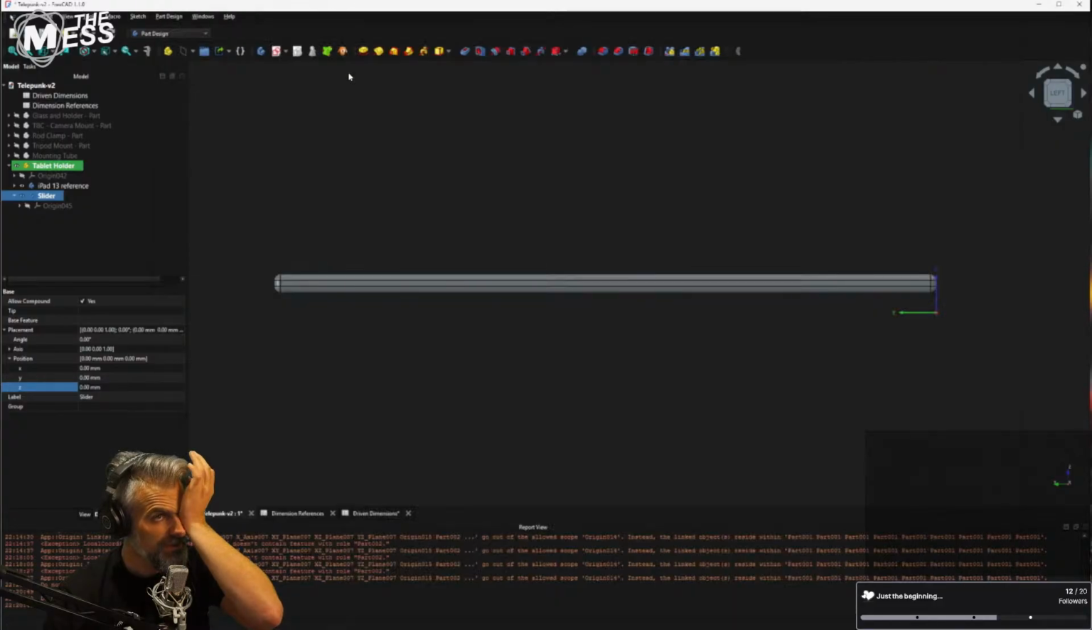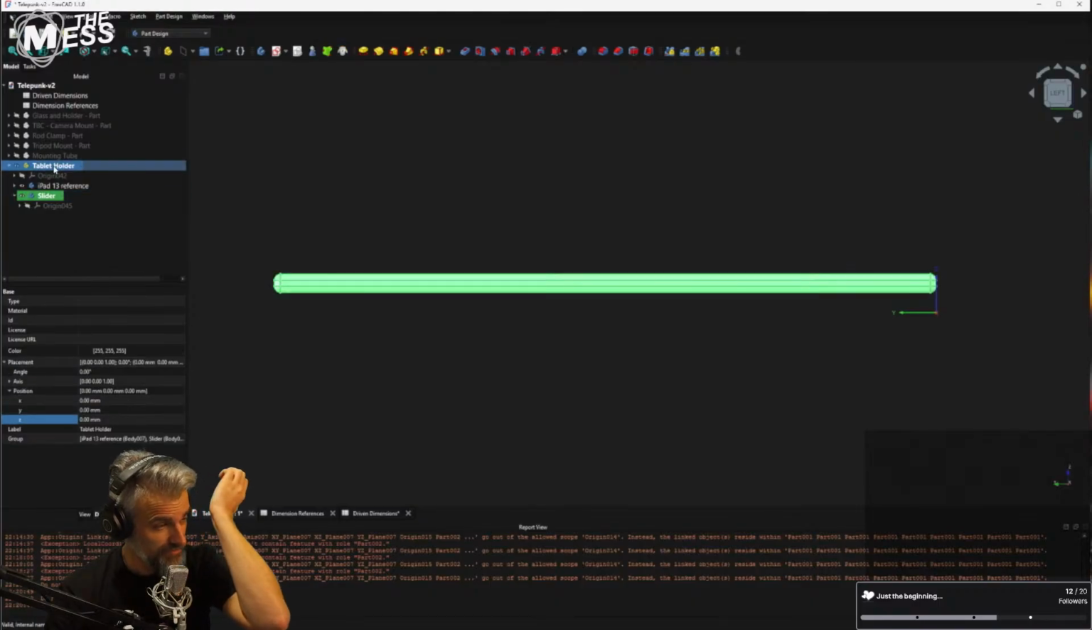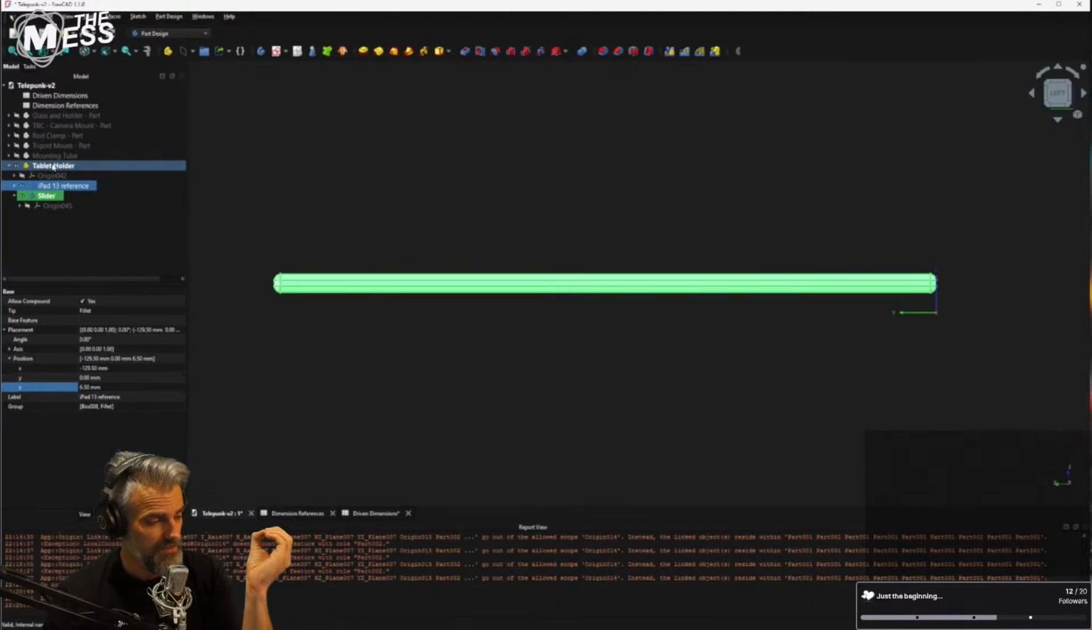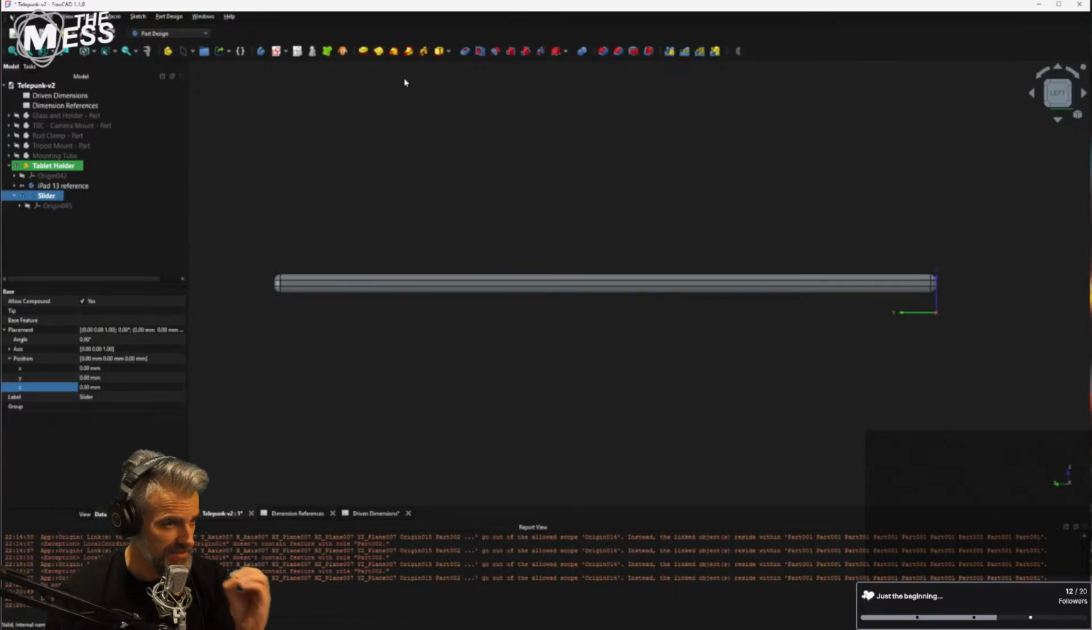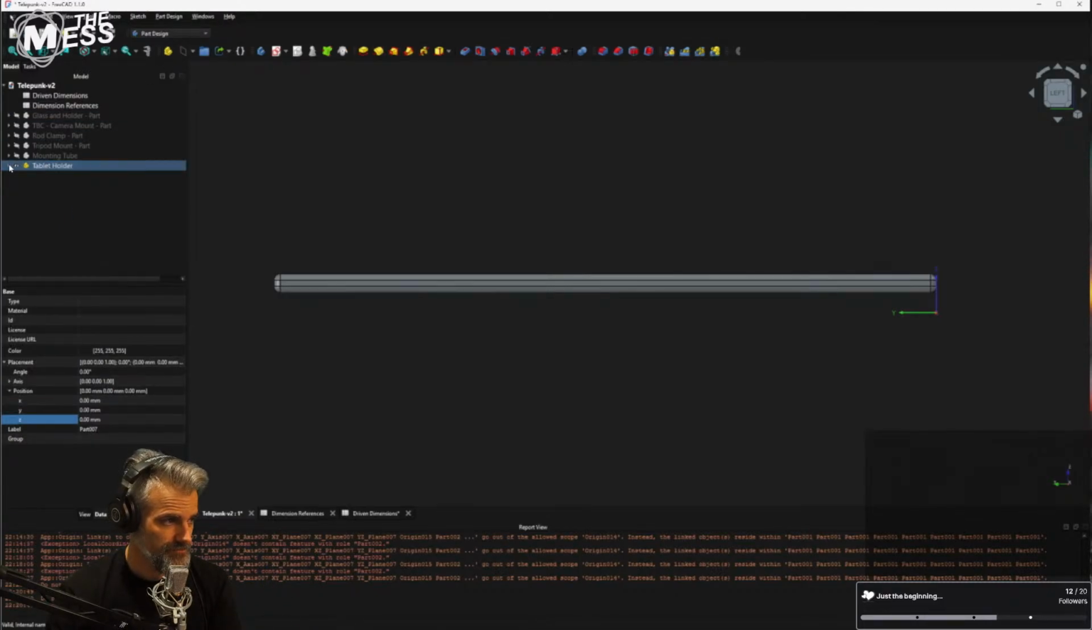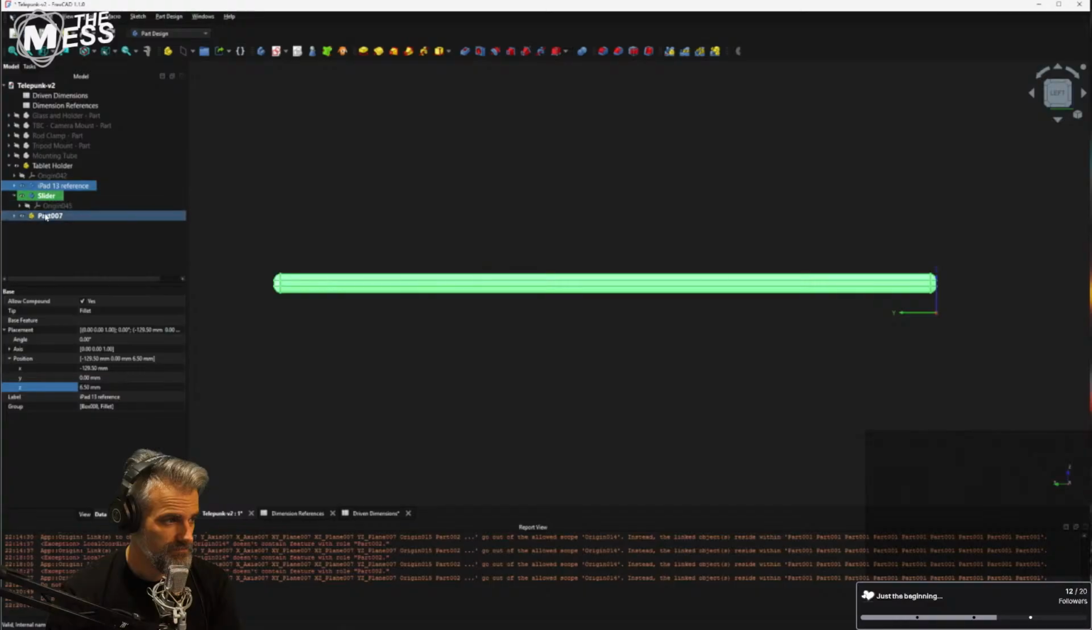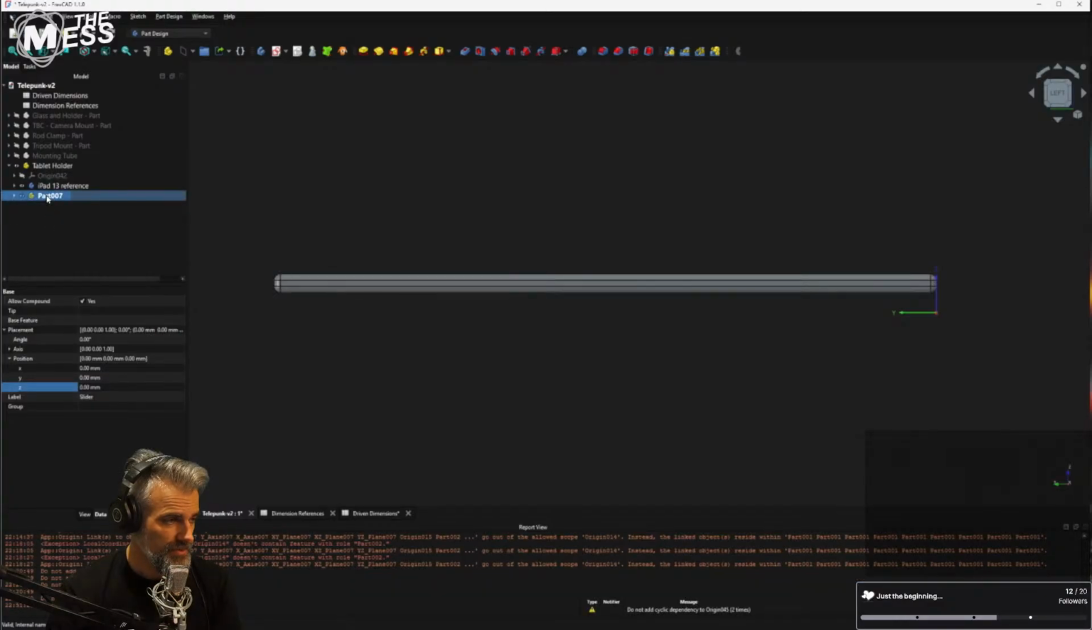This makes total sense. So what I'm doing is I'm building 2 parts, right? I've got this tablet holder. The tablet holder has this iPad reference in it, but the slider is actually going to be a separate part. Yeah, so I can create another part in the tablet holder, put the slider in there,